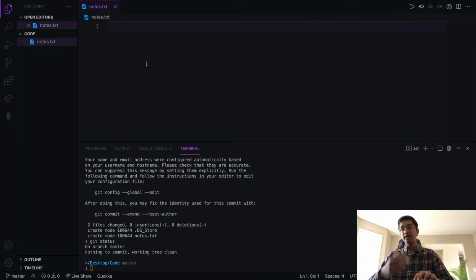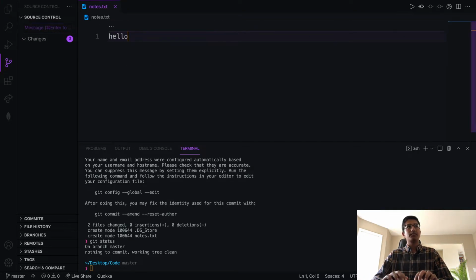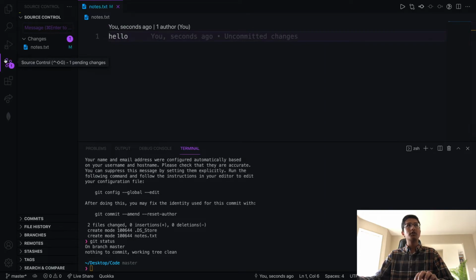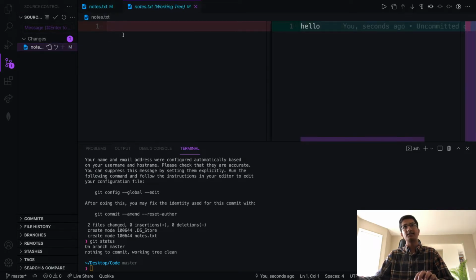Every change I create, I can document, and therefore I can revert back to one of the old changes that I made. So for example, if I press hello and go to the source control tab, you can see that notes.txt has changed. In the original file, there was nothing, and now there's hello. And now